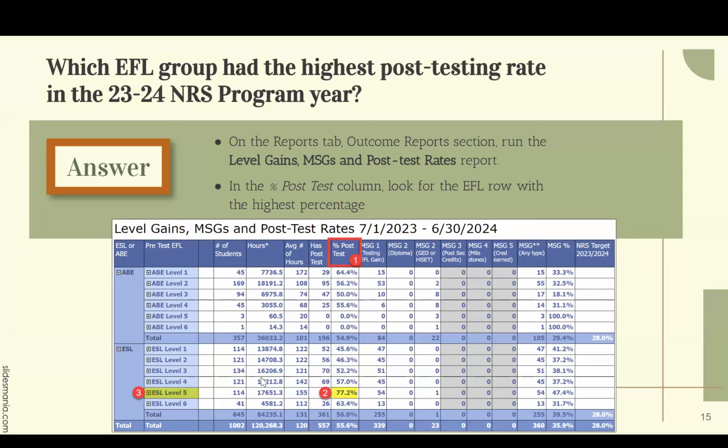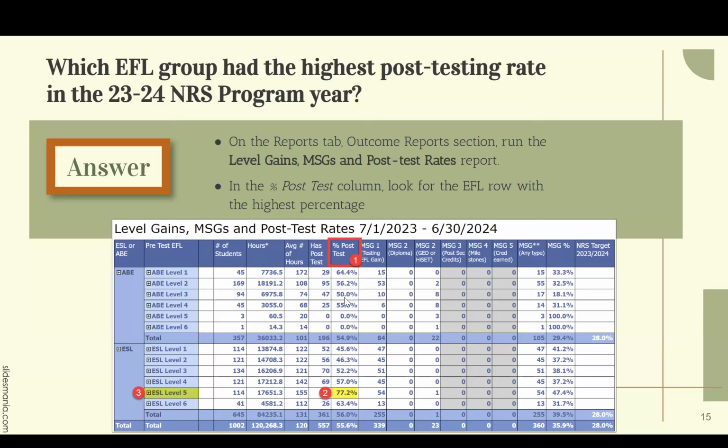I think now's a good time to also look at this. Do you have any groups that seem to have low post-test rates? And this isn't 100% correlation, but it is pretty well correlated that the groups that have the highest post-test rates often have the highest MSG levels when it comes to testing gains. Because how can you show a gain if you haven't post-tested your student? So focusing in and wondering why you might have some with lower level gains, one first thing you might want to look at is their post-test rate.